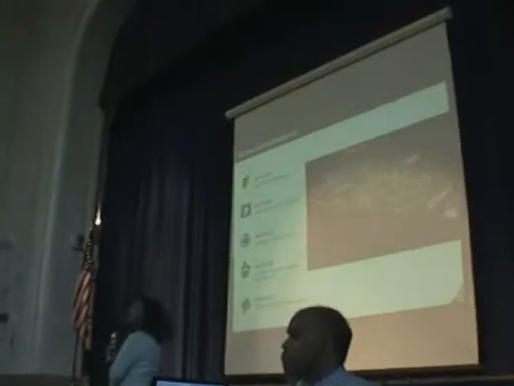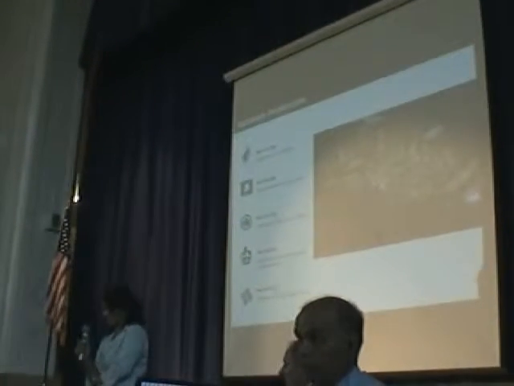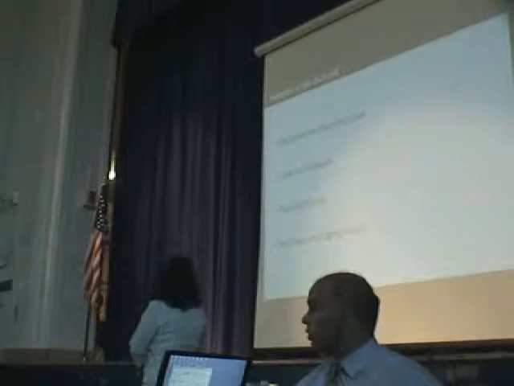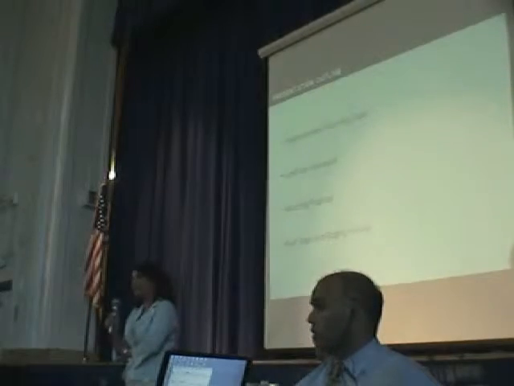So this rezoning, as it is presented today, is a joint effort of several city agencies, including the Department of City Planning, New York City Economic Development Corporation, Department of Parks and Recreation, Department of Housing Preservation and Development, and Department of Small Business Services. In the presentation tonight, we will go through the background and rezoning goals, the land use framework, the rezoning proposal, and then the next steps in scoping.